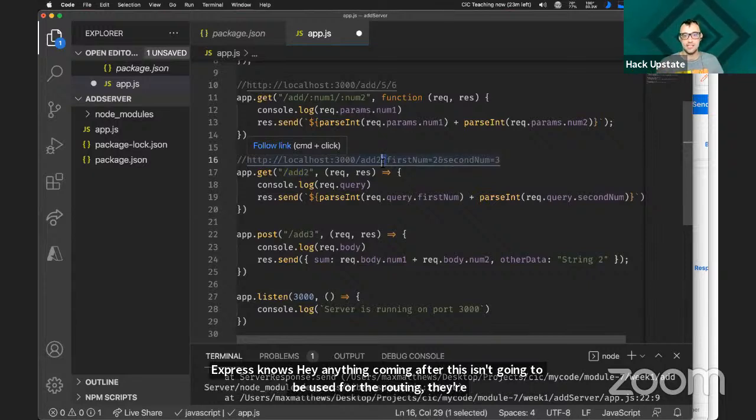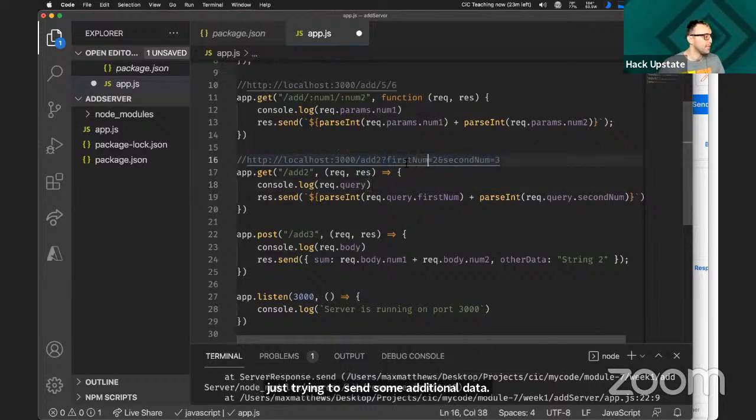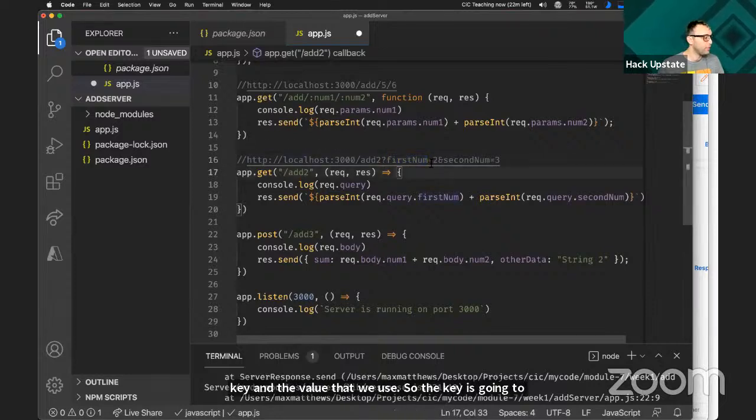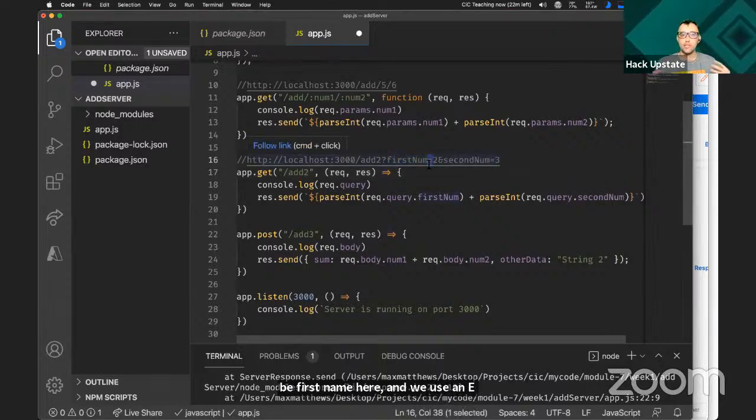They're just trying to send some additional data. Query parameters are interesting because there is a key and a value. The key is going to be first num here, and we use an equal sign, kind of like we use a colon in JSON or in a JavaScript object.